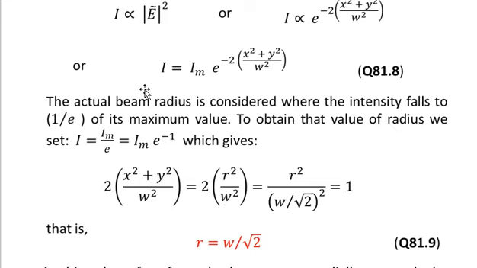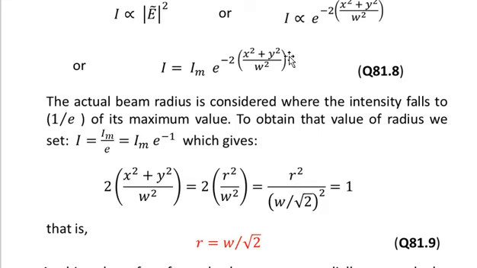Because if you substitute I equal to Im times e to the power minus 1 on the left hand side, Im will be cancelled and you have e to the power minus 1. So you can compare the two powers of e from the left hand side and the right hand side, and you will get